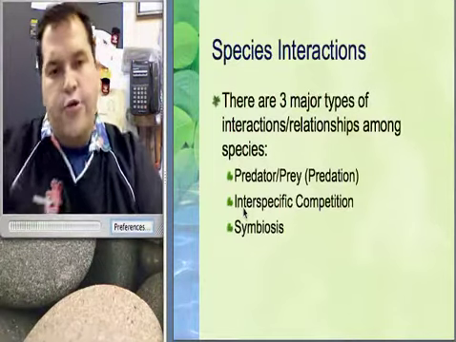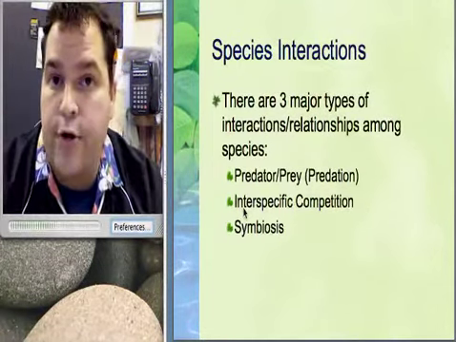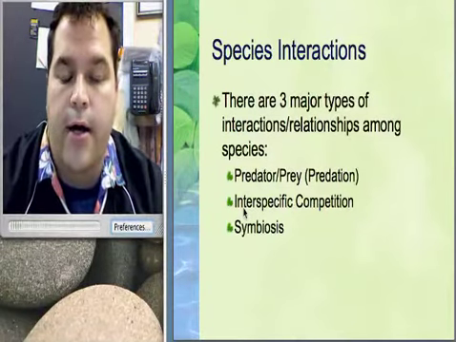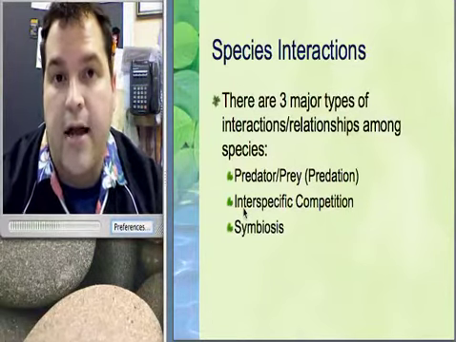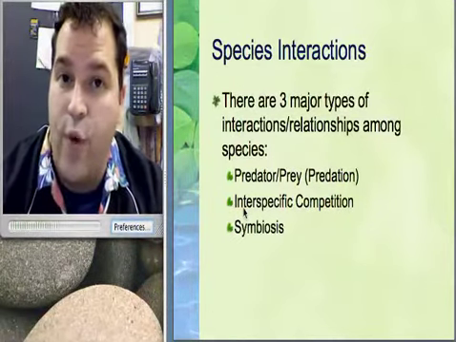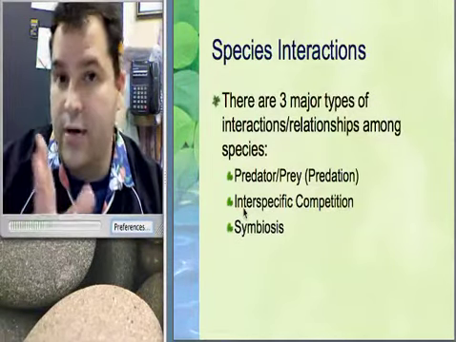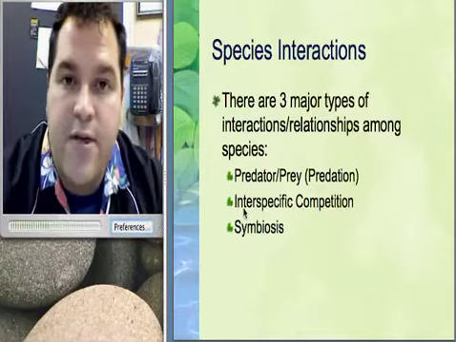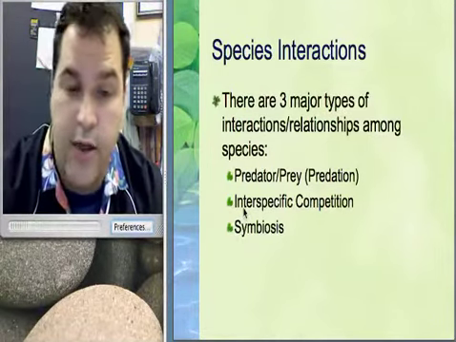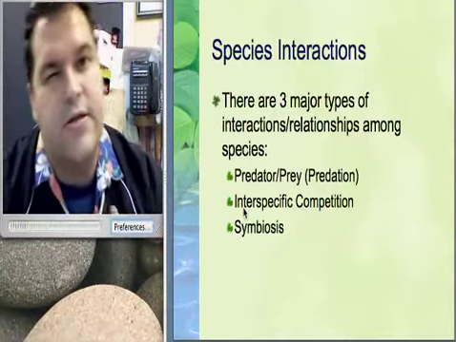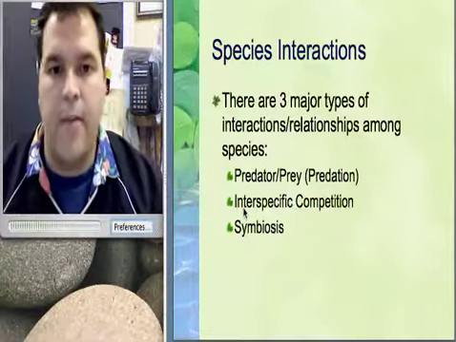First off, there are three major categories of species interactions. The first of which is that of predator-prey, or a predation interaction. And that one's probably the most common. We've talked about that a lot when we talk about food webs, because that's what a food web really shows, is who's eating who, in terms of where the energy's going. Interspecific competition we're going to talk about, and that's probably pretty self-explanatory. And then symbiosis. And symbiosis is a little more complicated because it's got a couple of different categories, but we'll get into it. So let's first talk about predator-prey.